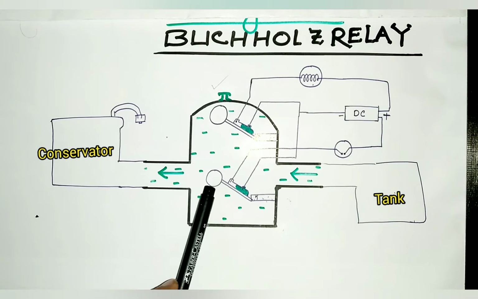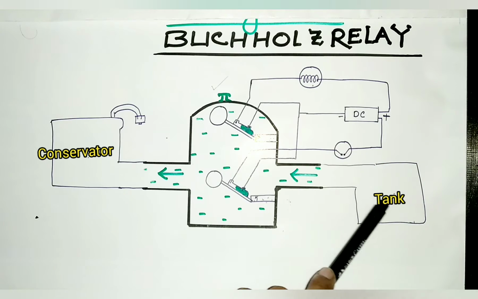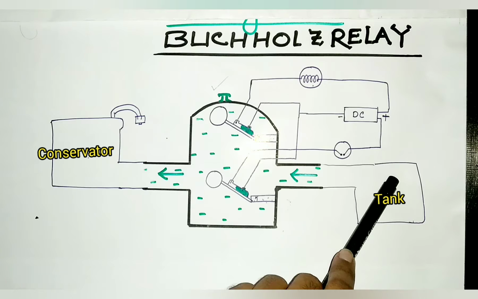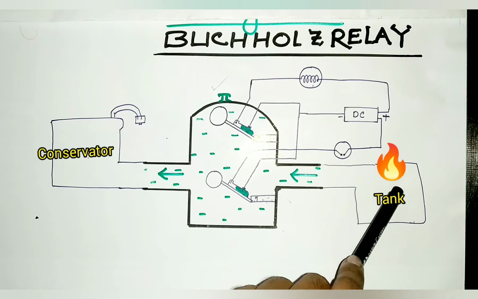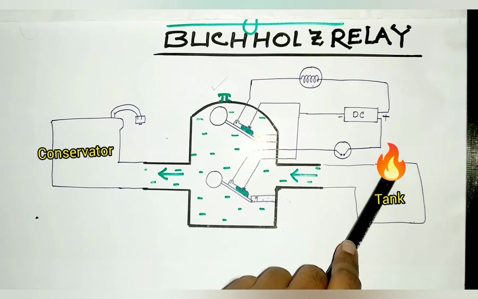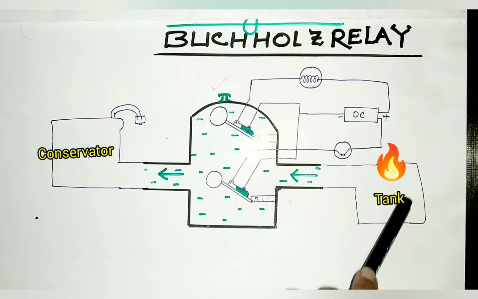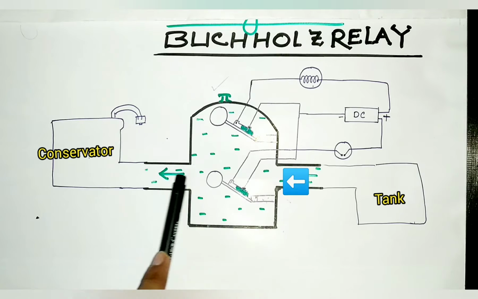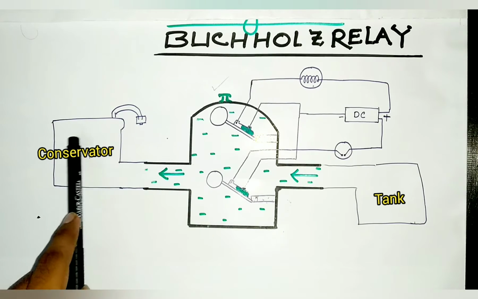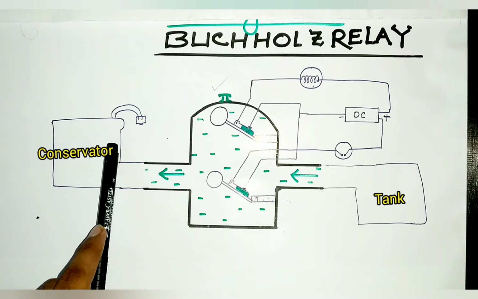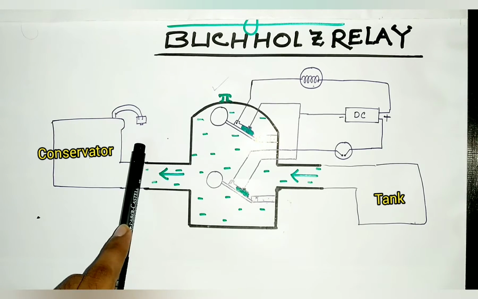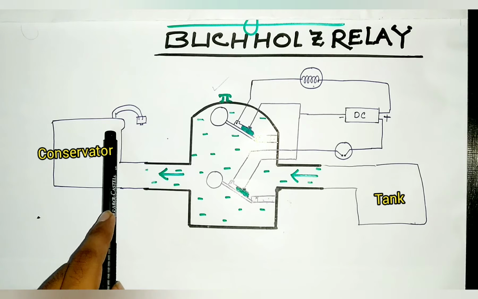When there is a mild or low level fault in the transformer, the fault current flowing through this winding inside the oil tank will increase both the temperature of the oil and the winding, which will further increase the volume of oil, and the excessive oil will go through this path to the conservator, and the same volume of air will drain out through the breather. This is a separate operation.